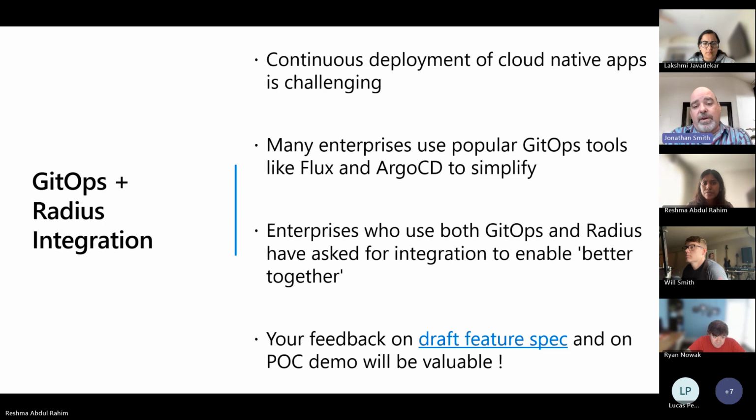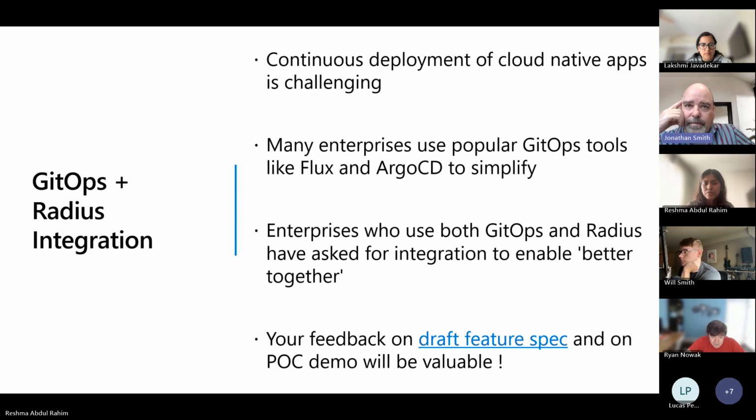If you need guidance on how to provide that input, check out Reshma's good blog post on how to contribute to Radius designs for this feature and anything else. But so that input would be great. And then once Will walks through the POC, any observations you have about that early work would be great. A little bit of context that you'll see in that feature spec, about the way we're thinking about